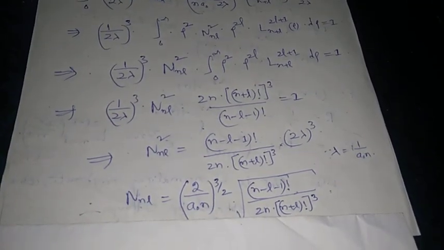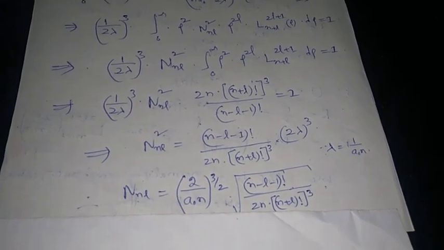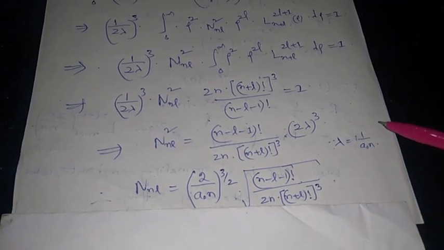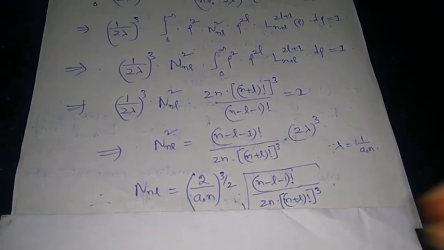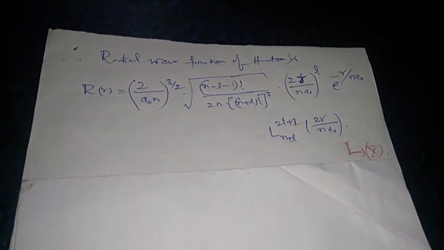So for N sub nl squared, we get this expression here, and if you make use of the fact that lambda is equal to 1 by a naught into n, we can write it in terms of a naught like this. So the radial wave function for the hydrogen atom will look finally like this,